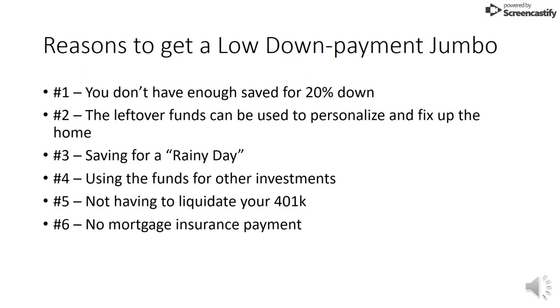A couple of reasons why you'd want to do low down payment jumbo. Most of these are pretty self explanatory. A couple of them that I want to touch on. Number two is a big one, I think. Say you're purchasing a $2 million home. If you're using 20% down, that's $400,000. At 5%, that's $100,000. At least $300,000 that you could use to fix up that home, personalize it, make it